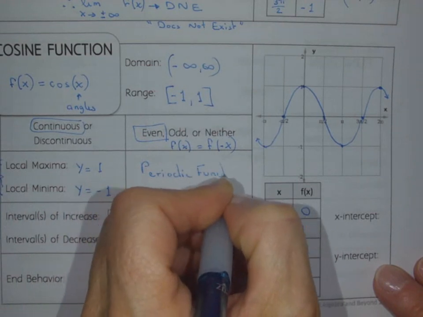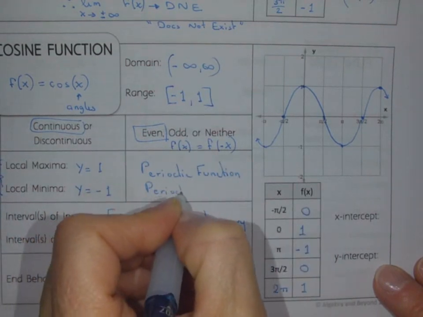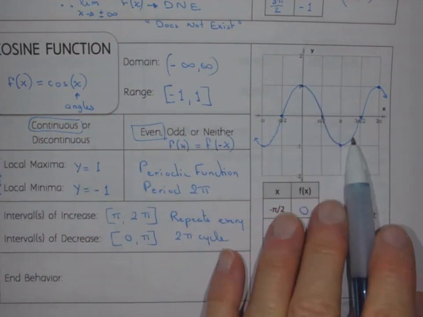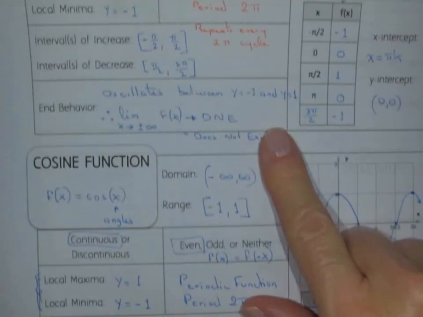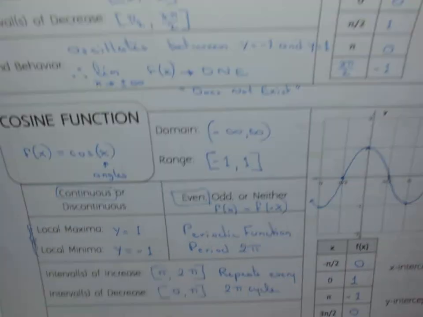With a period of 2 pi as well. It takes 2 pi to do one full cycle. And for end behavior, just like the sine function that we said oscillates, therefore there is no end behavior, it's the same for the cosine, right? We're going to say it oscillates